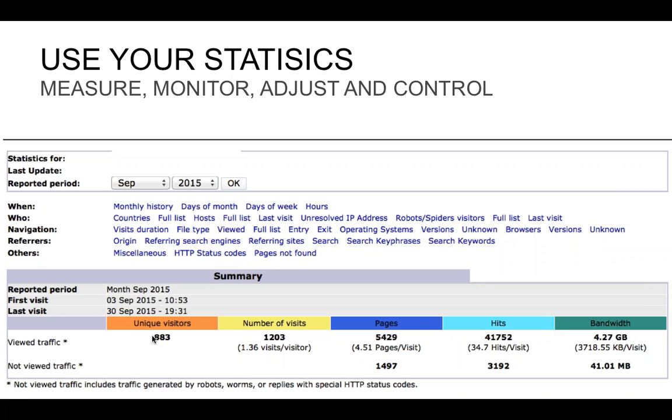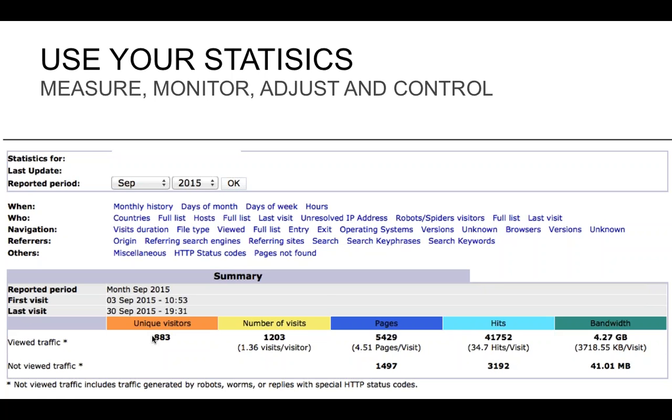So when you look at this traffic here and you see that of the 1,203 visitors, 883 were unique, that is a massive number. That's really exciting stuff. That means that 3/4 were first-time visitors, and that whatever advertising this business was doing during the month of September clearly sent a number of first-time and brand new visitors to the website. So that's a good indicator that whatever was happening that month, whether it was Facebook promotions or whatever this person was doing, they should do it again the next time that there's going to be a big rush